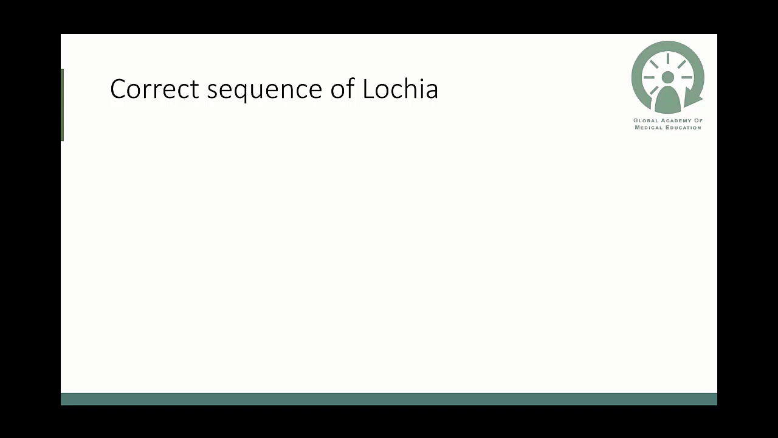Coming to a direct question, correct sequence of lochia. Lochia is basically the discharge that a mother has immediately after delivery for roughly about 3 weeks. It has a peculiar fishy odor, and it contains products of conception, like minimal parts of the fetal membrane and the uterine decidua that get shed off during this time. So for the first 4 to 5 days,